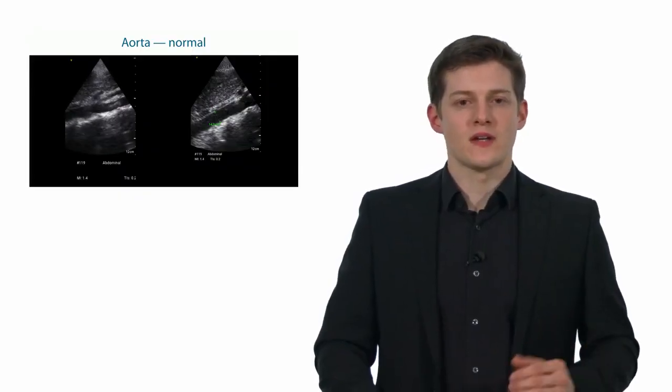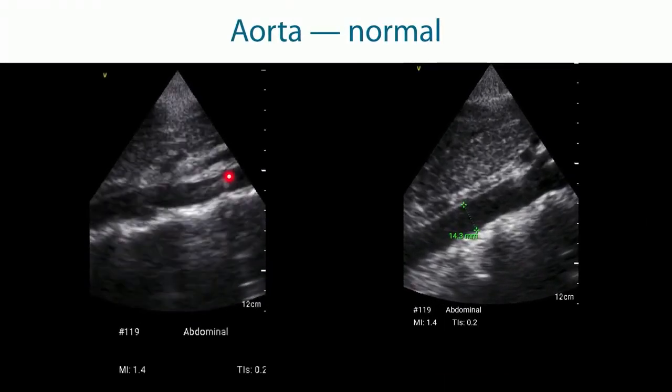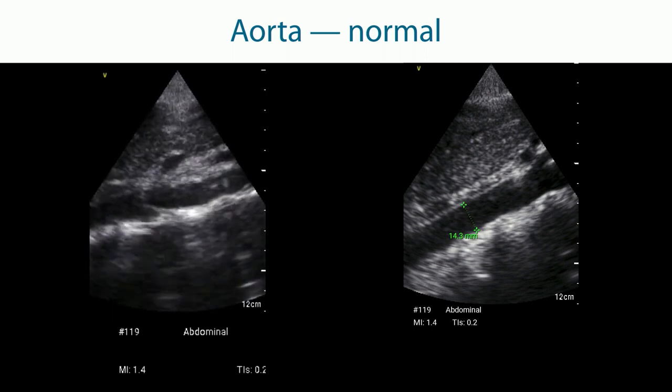In this example we see a normal aorta. This is the vessel over here. We see the celiac trunk and the superior mesenteric artery over here. One of the most important things to do is to look at how wide the aorta is. The cutoff value is somewhere in the range of 25 millimeters, so here we have a completely normal aorta, a